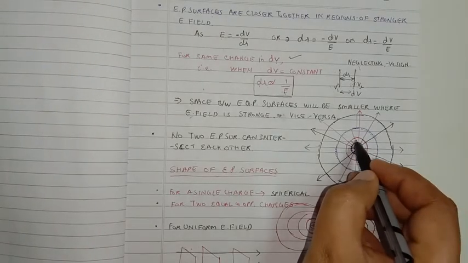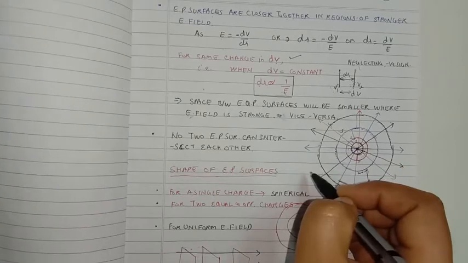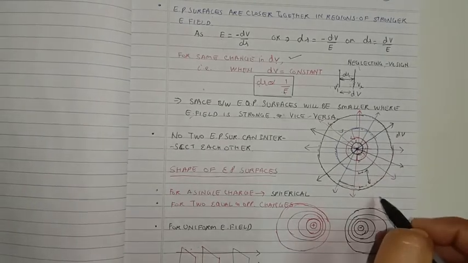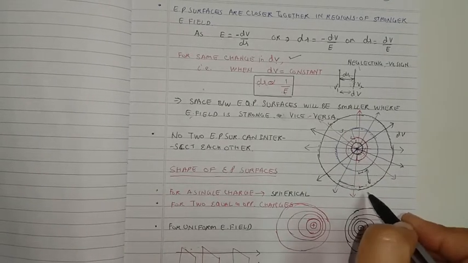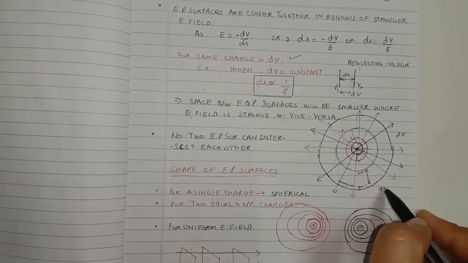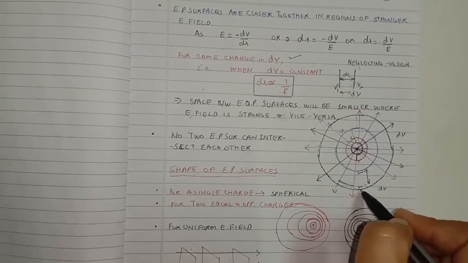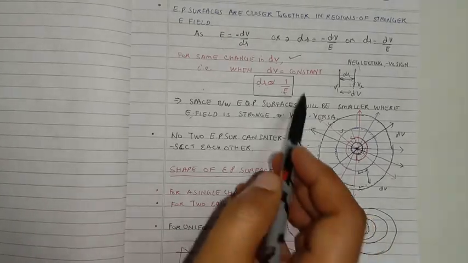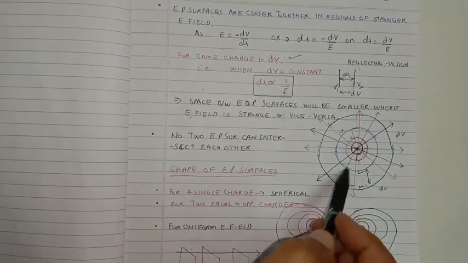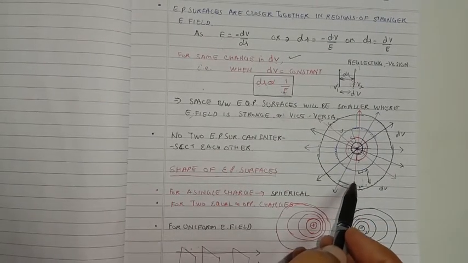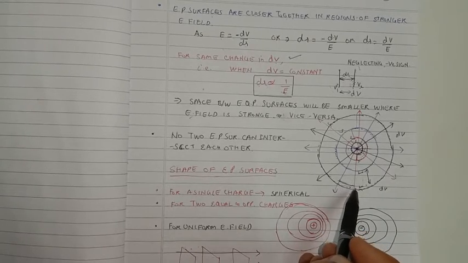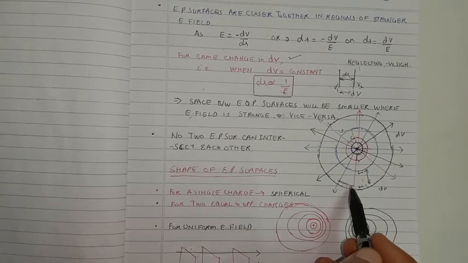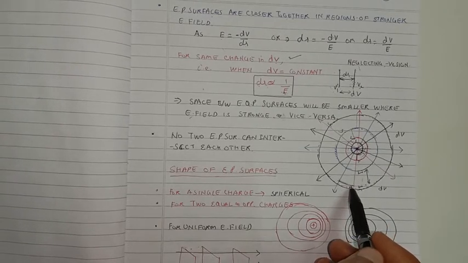So if we label the surfaces as 1, 2, 3 and 4, and surfaces 1 and 2 have a potential difference dV, then we also want to produce the same potential difference dV between the third and the fourth surface. So how much must the gap between the two surfaces be? It depends upon the strength of the electric field in the region where the two surfaces are present. So if the surfaces are in the weaker regions of the electric field, then to keep the potential difference constant, the gap between the surfaces has to be increased.